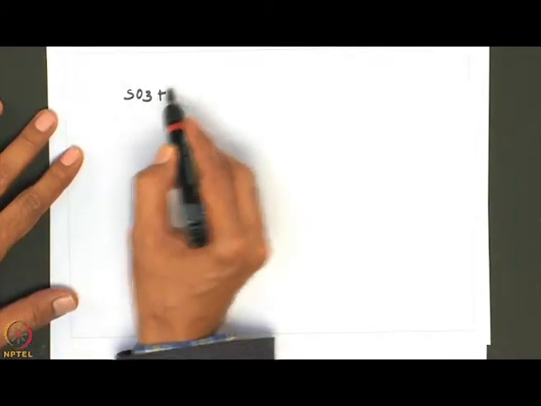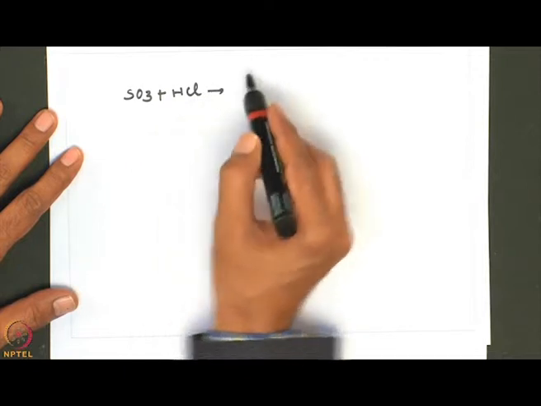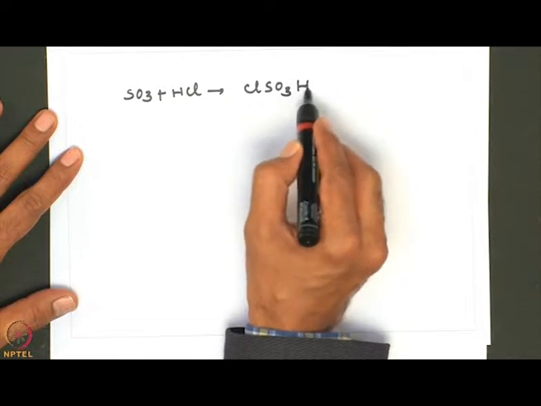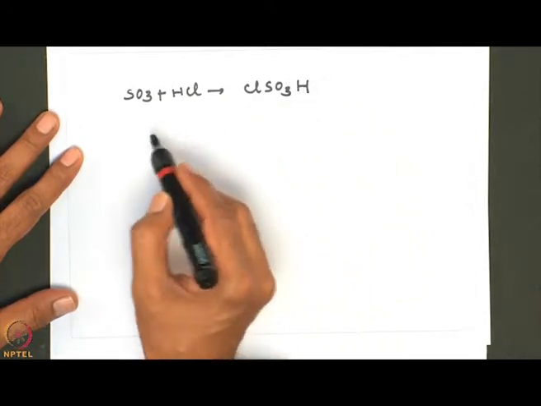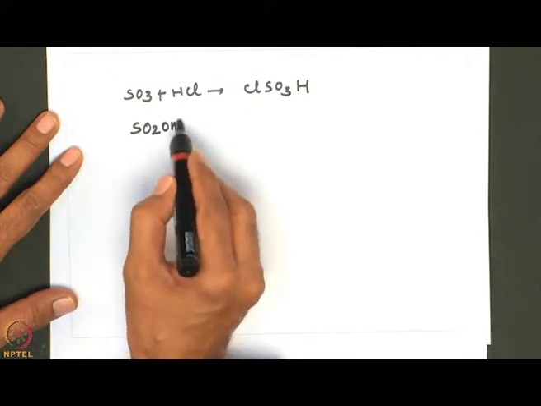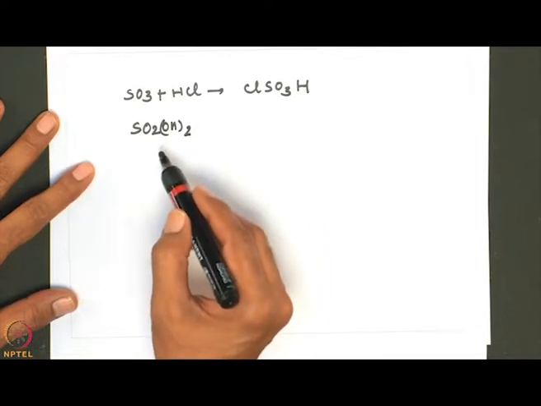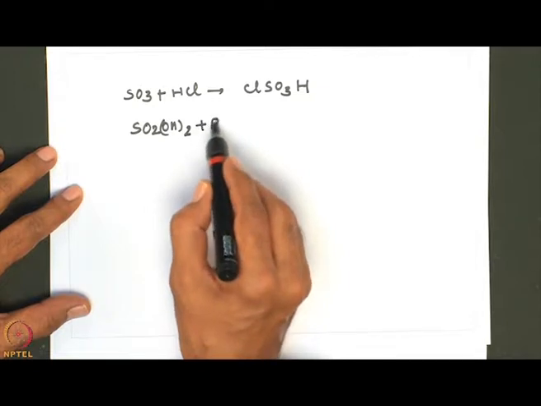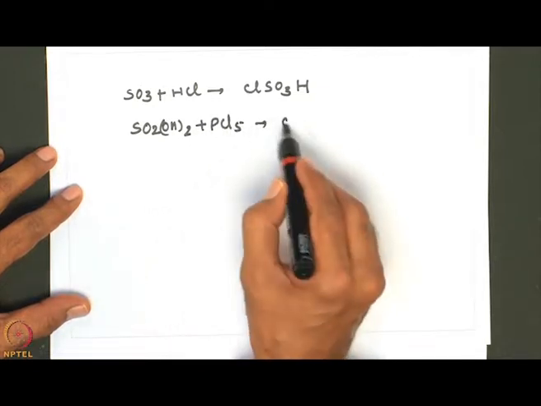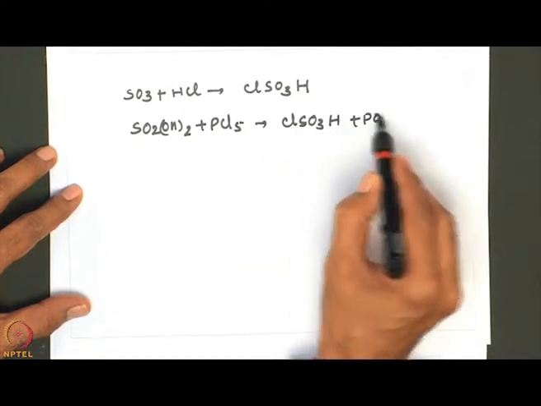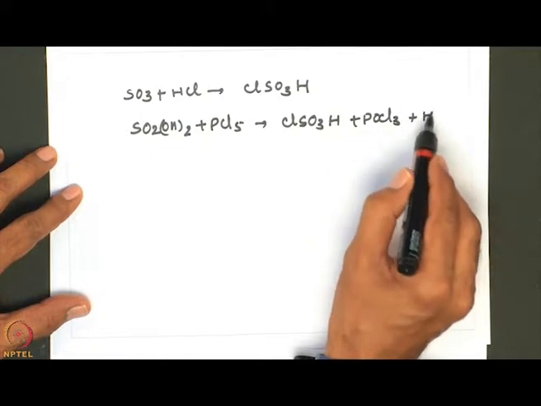For example, treat SO3 with HCl, it gives chlorosulfonic acid, or one can also, so I am writing in a different way. This is essentially sulfuric acid. I am writing in a different way to show the functionalities here. This is when it is treated with PCl5. Also, it gives ClSO3H plus POCl3 plus HCl,